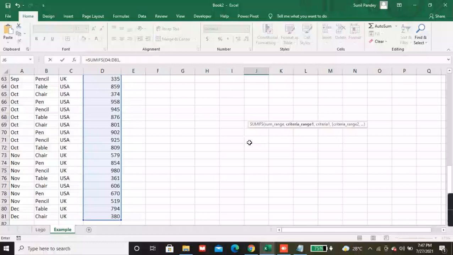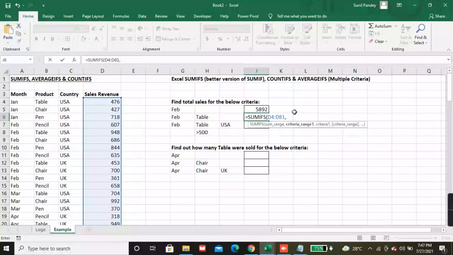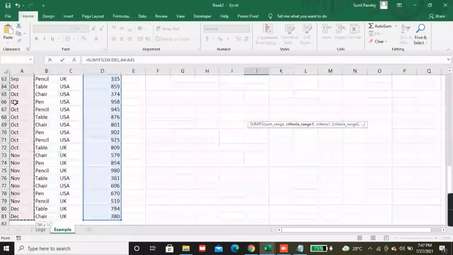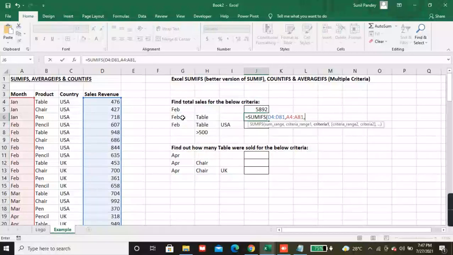comma. Now the criteria range. Okay, criteria range would be the first criteria range, month. Okay, and now we need to select the criteria. This is the criteria. You can either select the range or you can type it also, but if you type, you need to put the inverted commas like this. Okay. Now we'll select the range